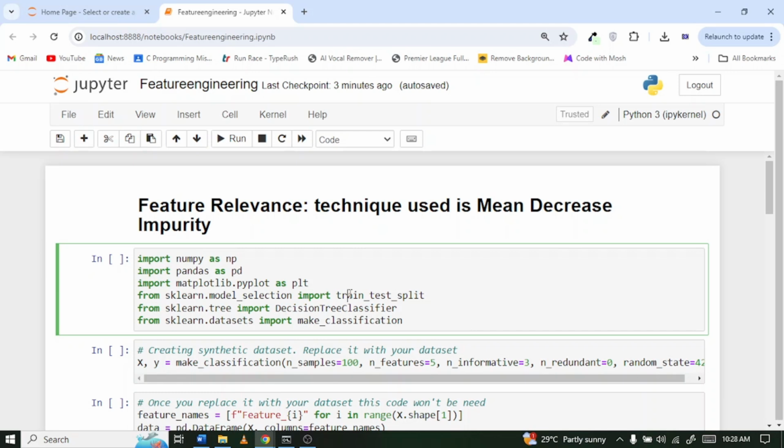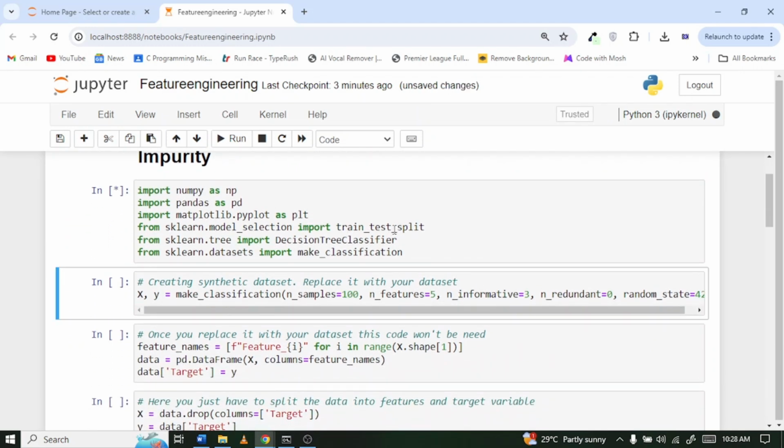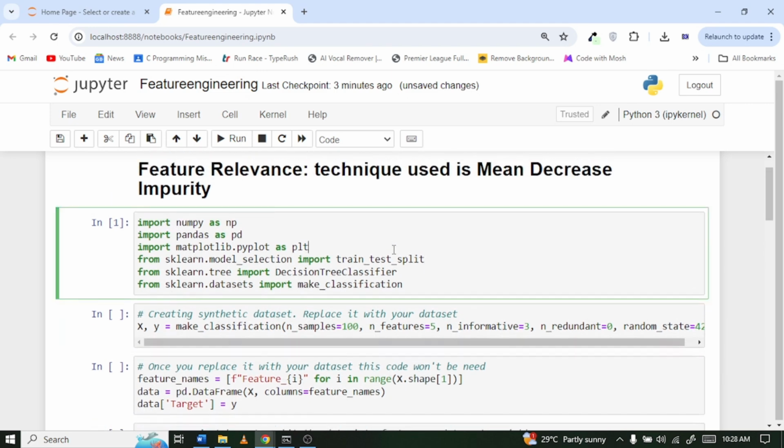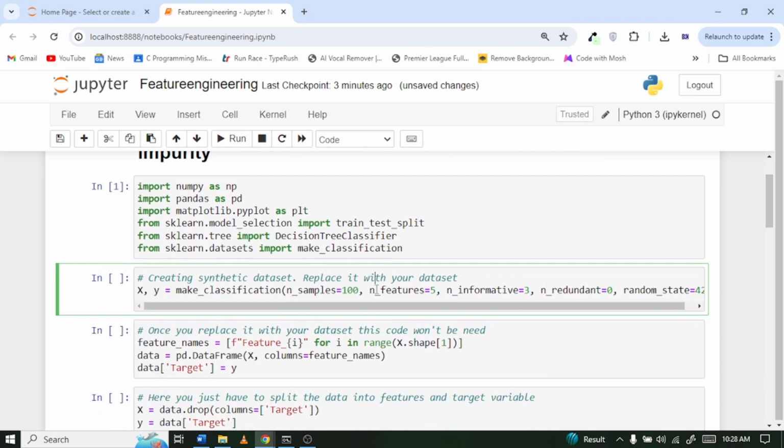Alright, so we are going to first start by importing the required libraries, which include NumPy, Pandas, PyPlot, train test split, decision tree classifier, and make classification. So I'm just going to run it. Okay, so once we've imported the libraries, the next step is to create synthetic data. You can load your data set if you want, but I'm just going to create synthetic data